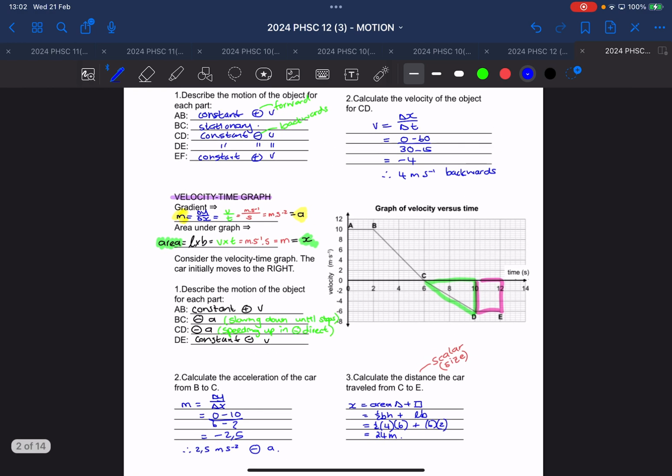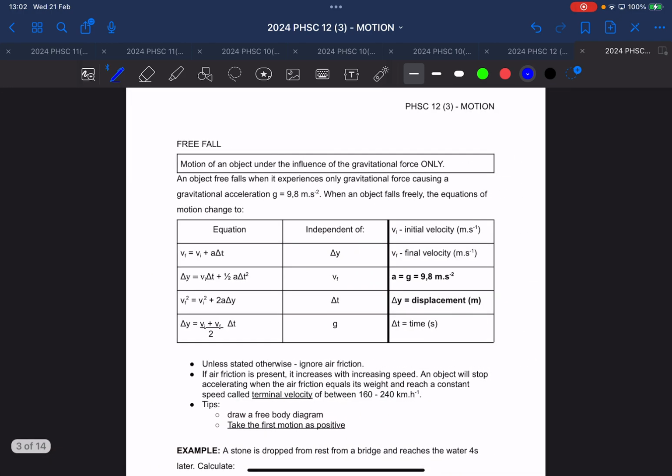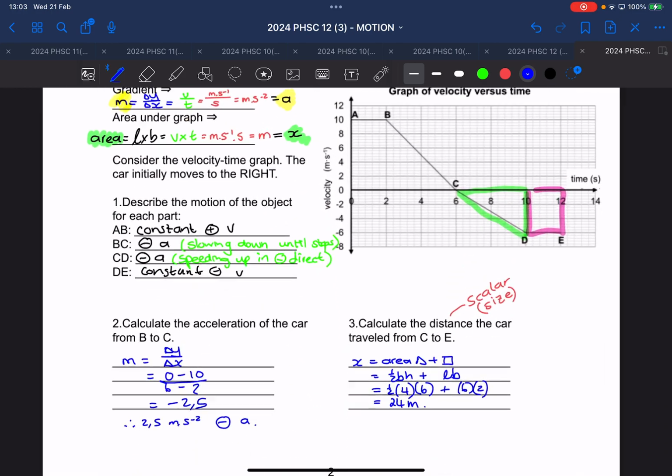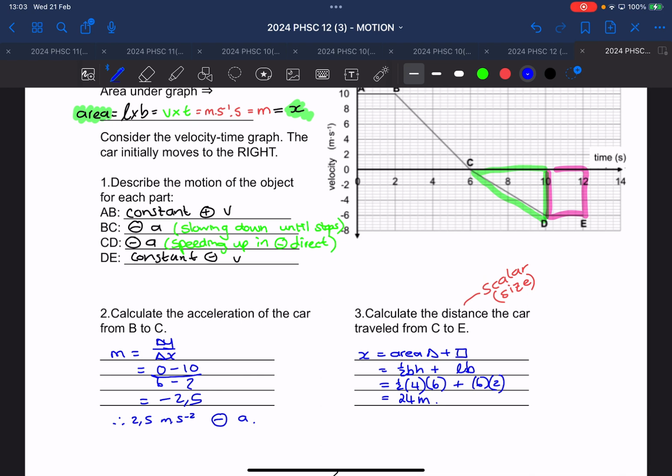Alright, so that is your grade 10 work. Okay, now I'm going to stop there for today. I'm going to introduce the next part just